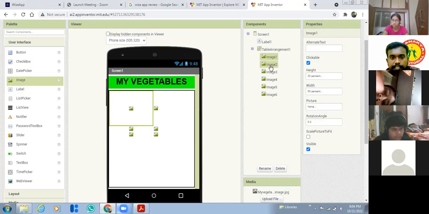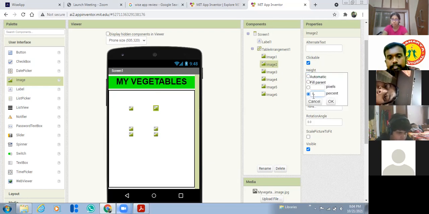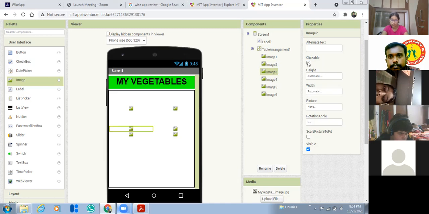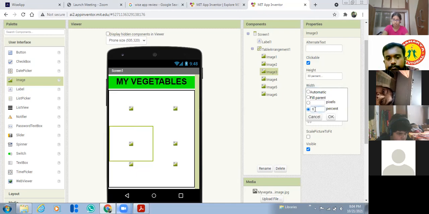In the same way do the same for all the images: clickable, height 30 and width 50. Third one, clickable, 30 and 50.